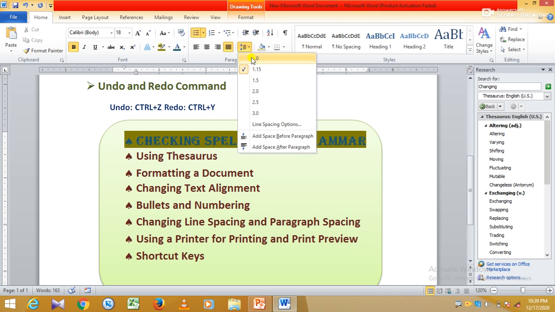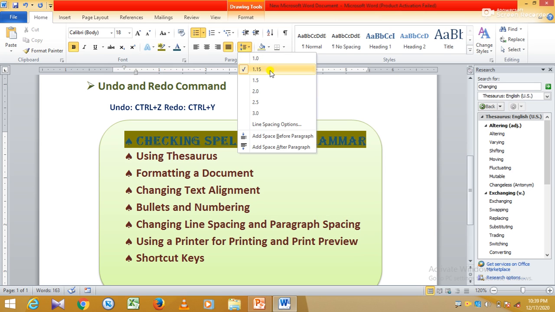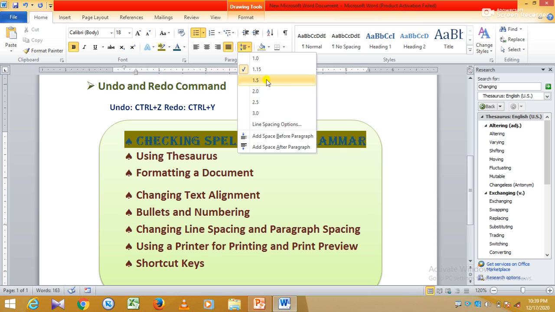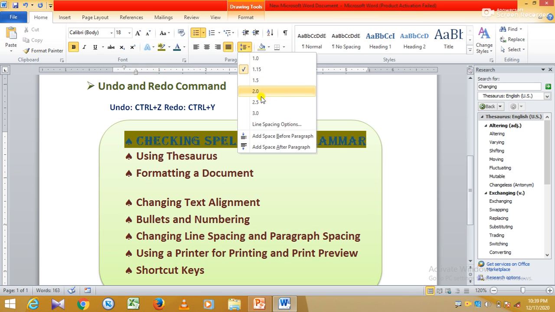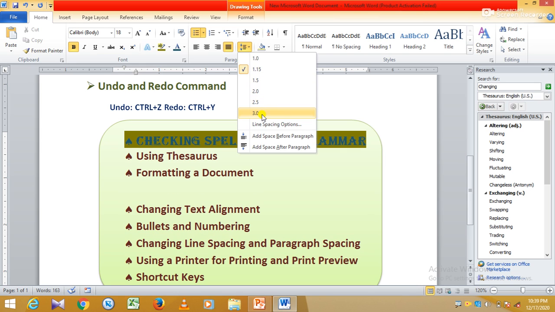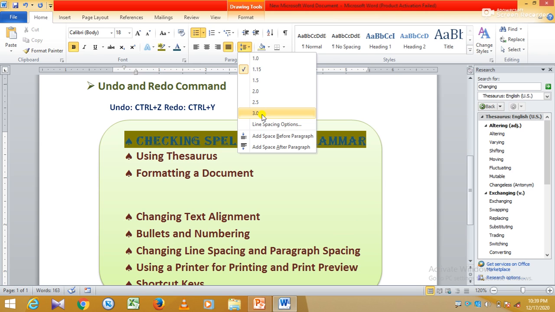You will see the little bit changes when I choose 1.0, 1.15, 1.5, 2.0, 2.5, 3.0, like this. As I click on it, it will be applied to your document. Okay, so in this way you can change the line or paragraph spacing.